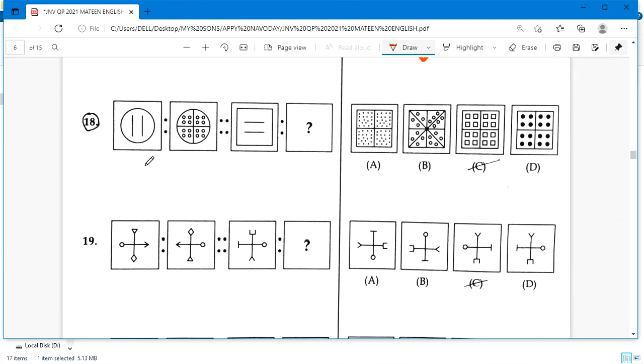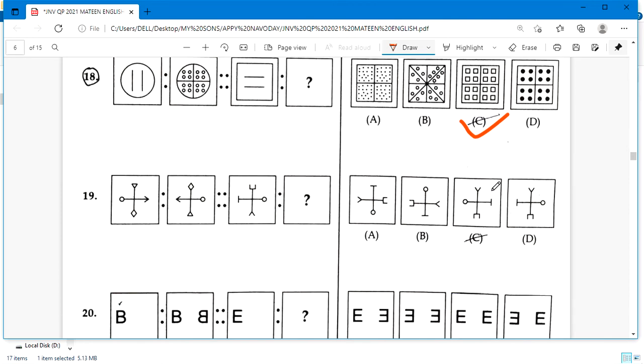Next, just look at the 18th question. It is also quite easy. It is nothing but option C. How is it? The two lines are adjusted to coincide with each other, and next the circles are there. They were put at the circles, and in the same way in the squares, the two lines are reversed to perpendicular, and then the correct answer is C.